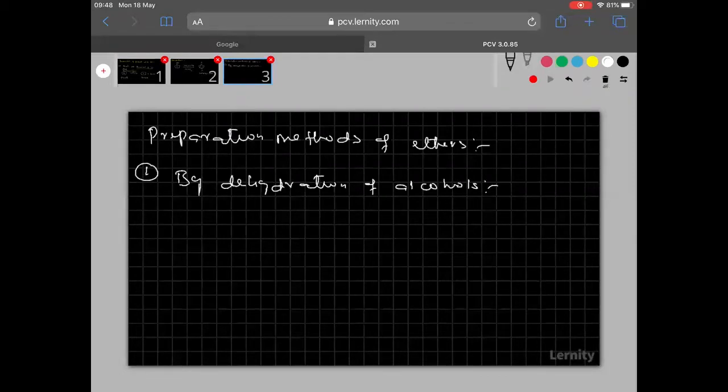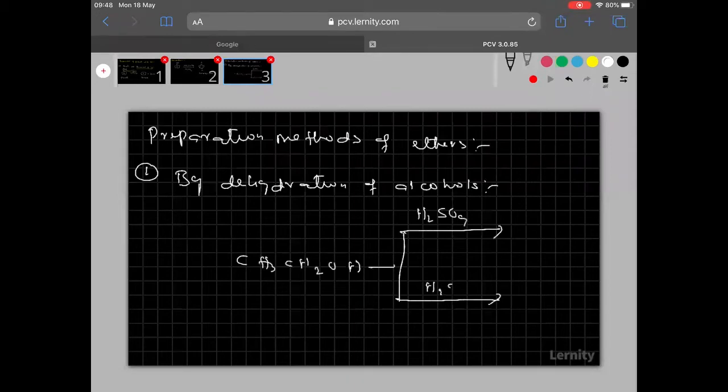Now, see clearly, one important thing I want to discuss here, dehydration of alcohols. So, this is the alcohol. Remember, alcohol undergoes dehydration at two different temperatures. You know the dehydrating reagent is sulfuric acid. Here also it is the same sulfuric acid, but the temperature is different. Remember, in the first case I am taking 443 Kelvin. In the second case I am taking 413 Kelvin.